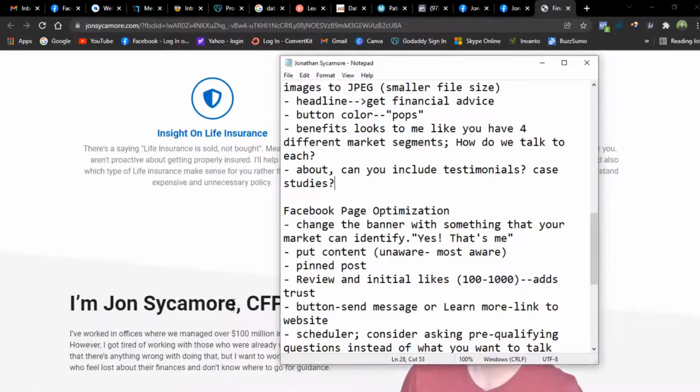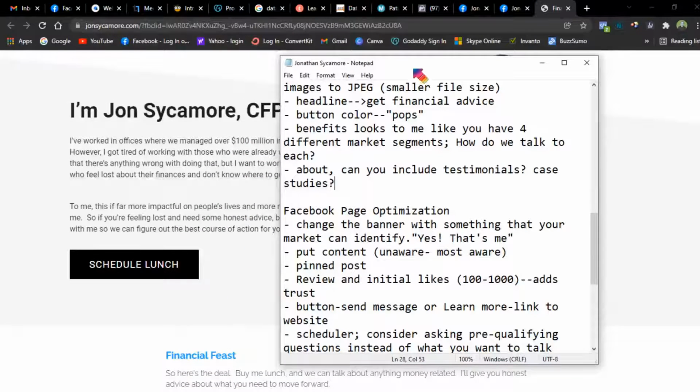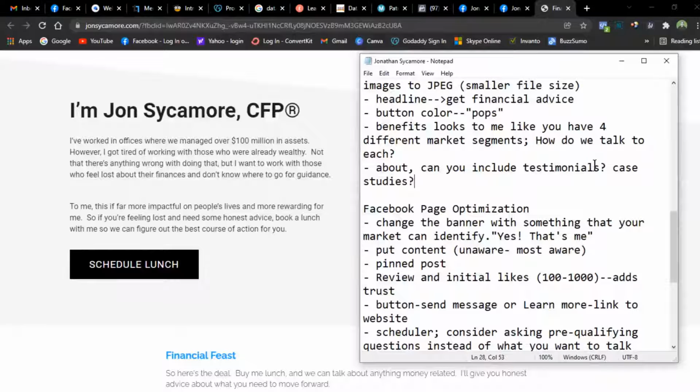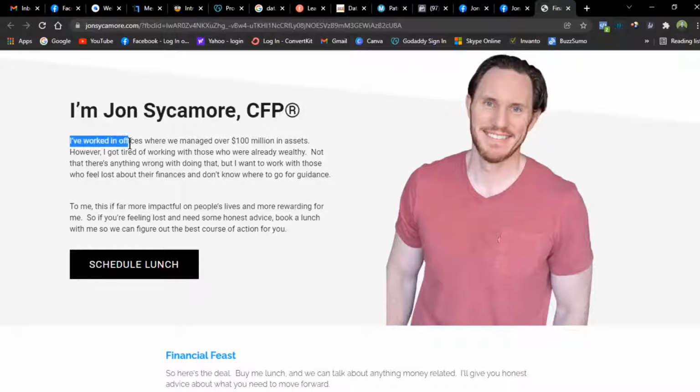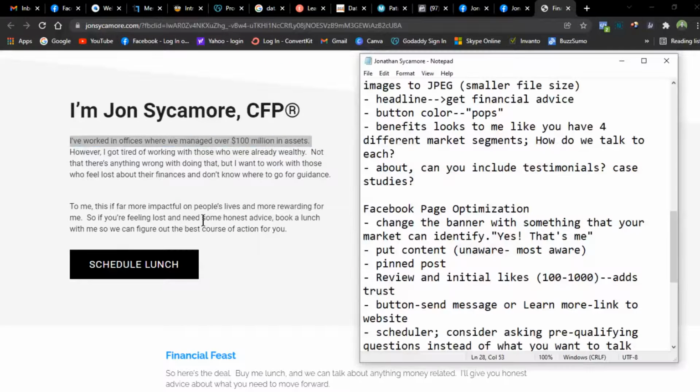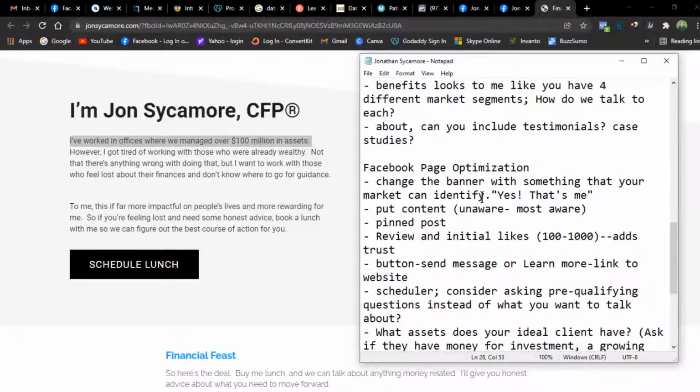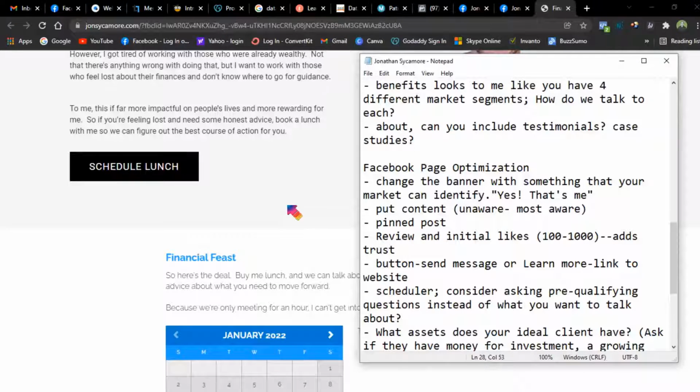And on your about page, I suggest you can include some testimonials, because you've mentioned here that you've worked in offices where you manage 100 million assets. Maybe you can put a trust bar here with logos of your businesses, or persons or companies that you've worked with, or you've helped with. That's just my suggestion. All right, and on the Facebook page,